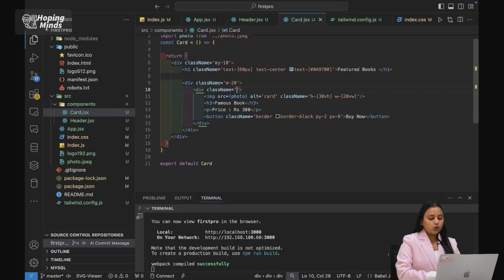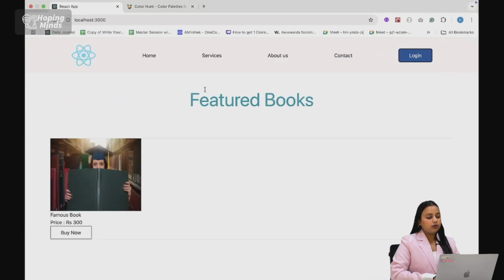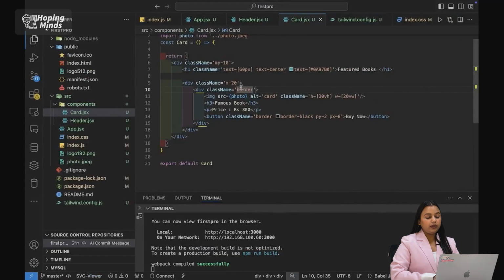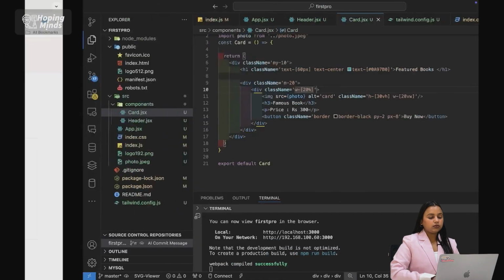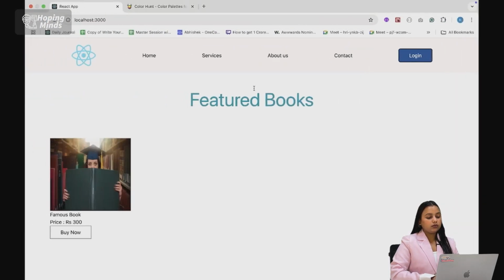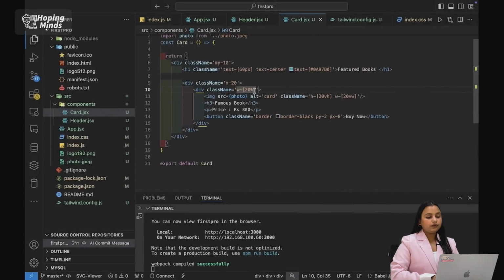some color. So let's have border to this card first. Okay, so this is too big. So instead of this, let's put width of the card as 20%. Let's have 30%. Okay,